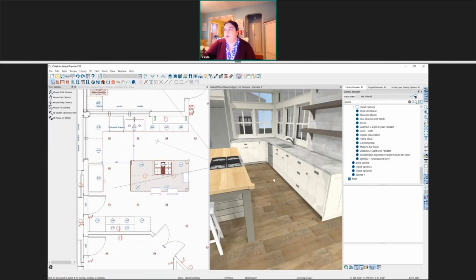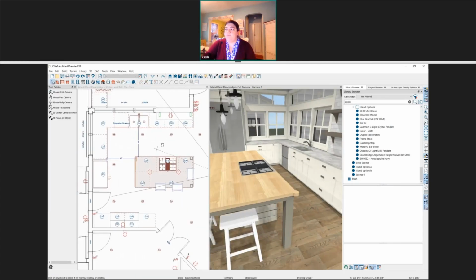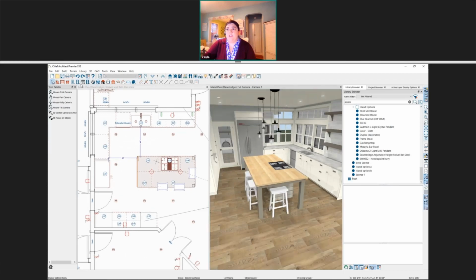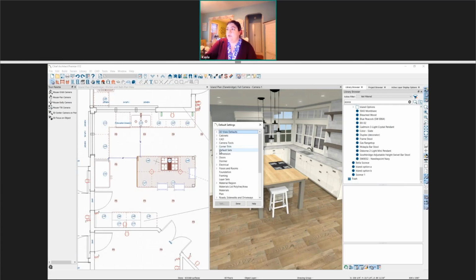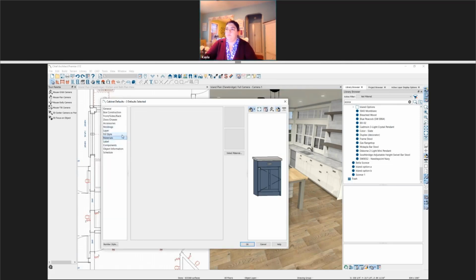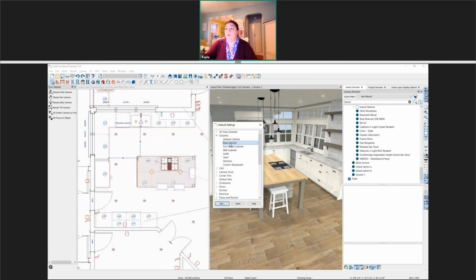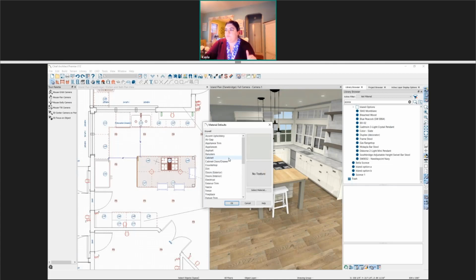Otherwise, if you change your default materials, sometimes that can be a better way to handle it as well. So if you come into your defaults and look at your cabinet tools and we take a look at the base cabinet, I don't think we'll be able to open 3 cabinets at once, but let's just take a look. Yeah, that's not working, but you can obviously edit the base cabinet materials as a whole, wall cabinet and full height. But if we come down to materials, let's take a look at this.